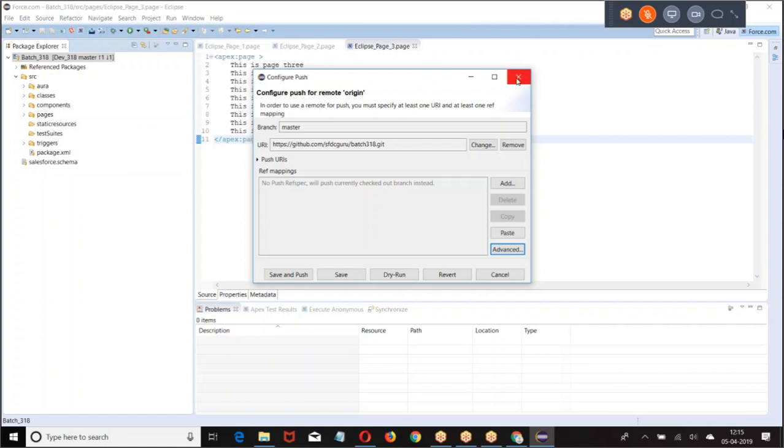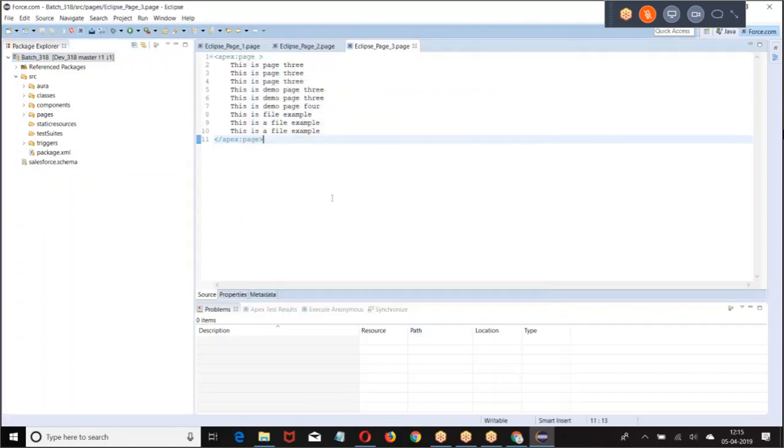So basically, it's getting rejected. I'll check it out. We'll see it in the next session. Let me check why it is failing. Okay, so we'll see how to maintain the repository.